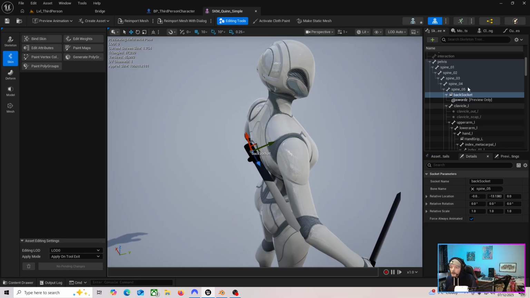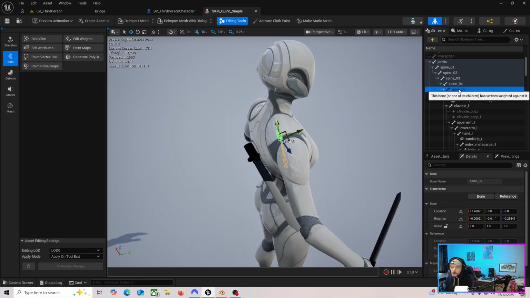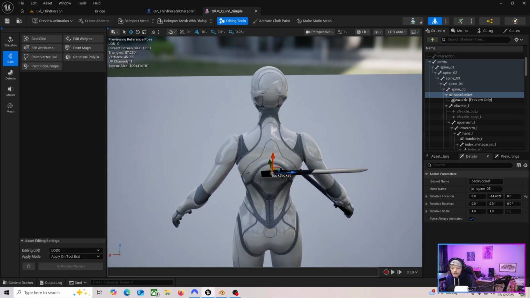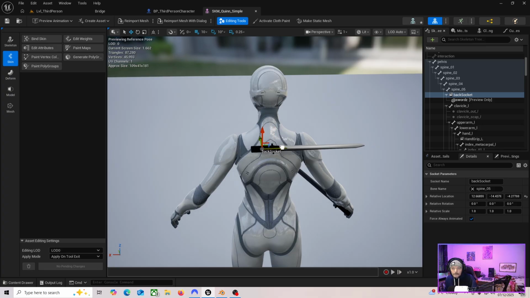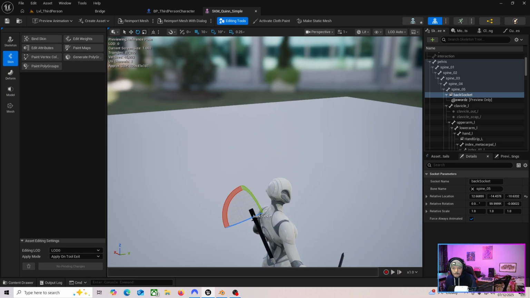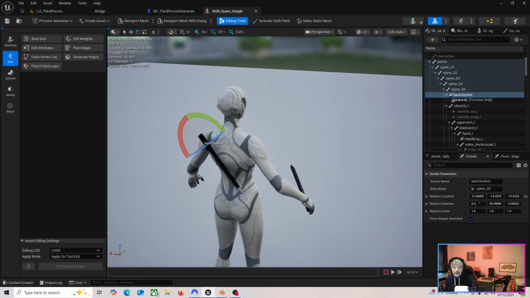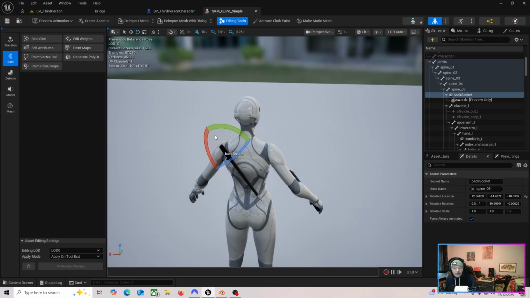the bone above it. If I was to add the sword to this spine and try to adjust the spine socket, you're going to screw up your skeleton. But adding a socket is not affecting the skeleton at all. So you can move them around, you can rotate them. You can move it how you want, and the controls are the same. W for move, E for rotate, R for scale,